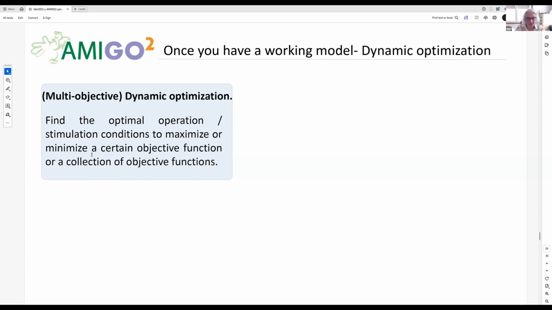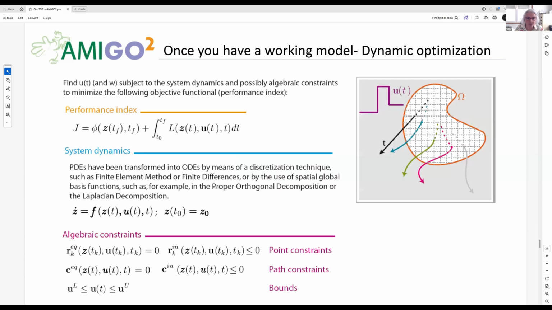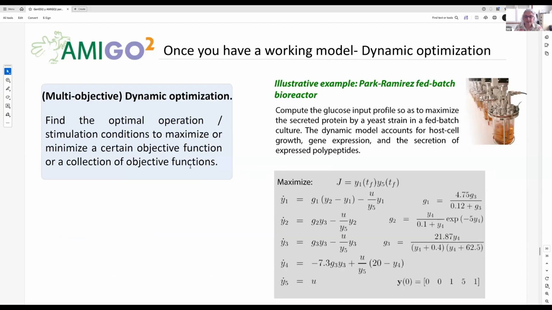So the problem is to find the optimal operation and stimulation conditions to maximize or minimize a certain objective function, or even a collection of objective functions if we consider a multi-objective example. So the problem is formulated as a general optimization problem in which the objective now is completely free, so it relates to performance, quality of your final product, energy uptake if you are dealing with bioprocesses, or whatever you can think of,